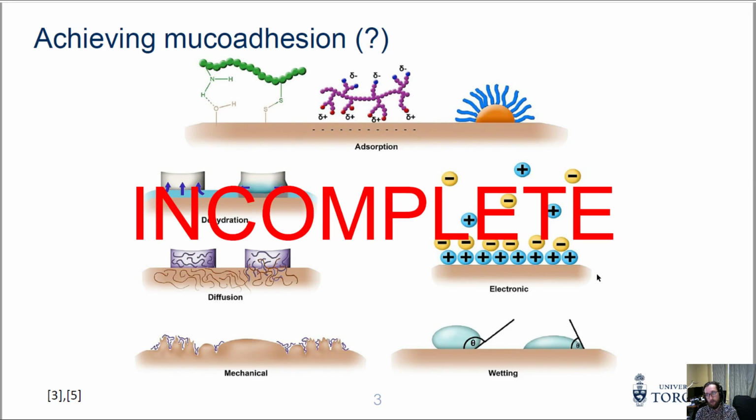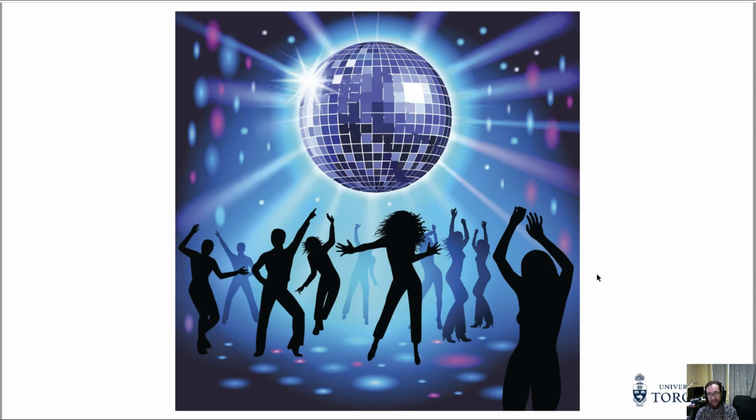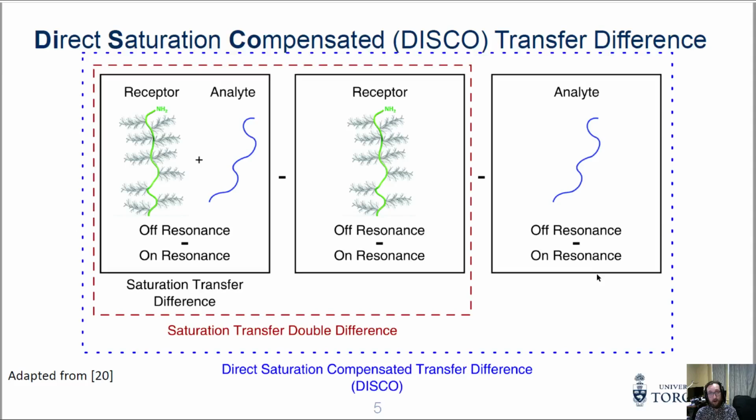And so with this in mind, we developed Disco. No, it's not the dance craze everybody's familiar with. It's actually a type of NMR. It's direct saturation compensated transfer difference NMR. This is a refinement of existing NMR strategies to look at binding and transfer between analytes that are macromolecules specifically. And we had a hypothesis about how this would work, and we went and tested it